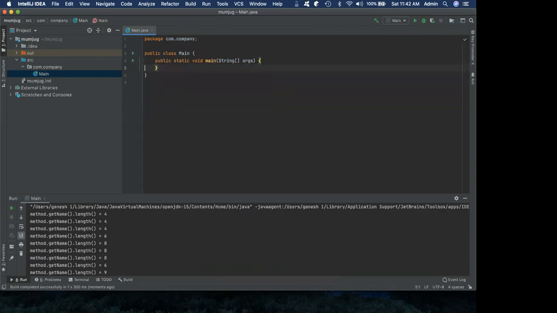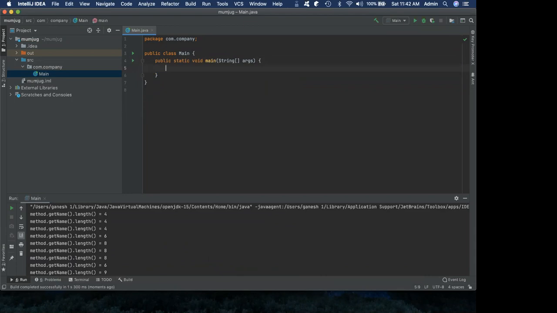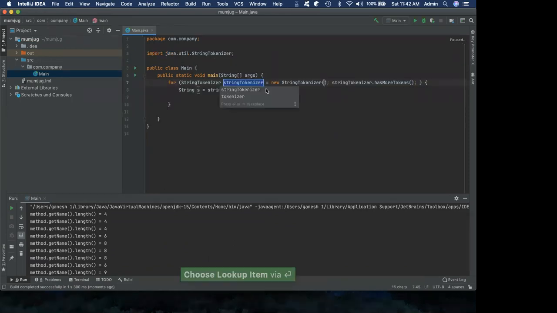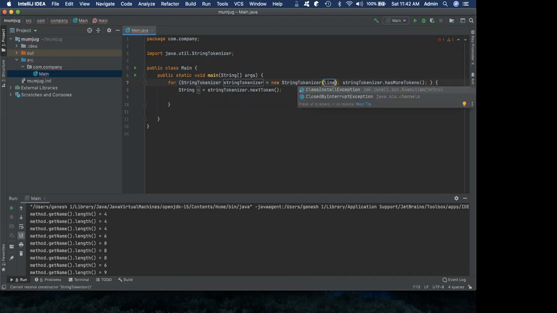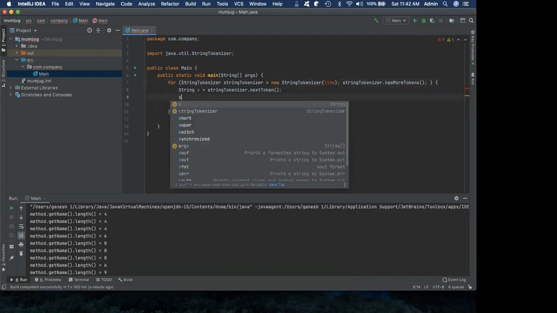And many of you may not be still convinced about the power of the live templates, right? Now, how many times you have tried tokenizing things, right? For example, StringTokenizer is a tokenizer we have in the code for tokenizing a given string. So I have a string tokenizer, and what I want to tokenize, let's say I have just a line. I want to have a line which I want to tokenize. Okay, so I'm done with here and yes dot sout.